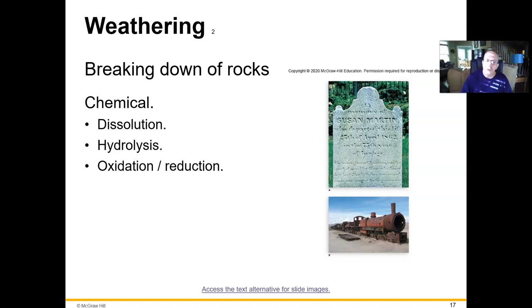Another thing is chemical dissolution. This is one that we're really going to discuss in more detail, because if you look at the tombstone on the right over there, that's a limestone tombstone, and I can't read the date on it on this little screen, but it's probably a couple hundred years old at the oldest, probably younger than that. And it's already degrading from the elements. Limestone happens to have a lot of calcium in it, which makes it a very basic type of rock. Basic on the acidity scale, not basic simple, but on the acidity scale it has a basic